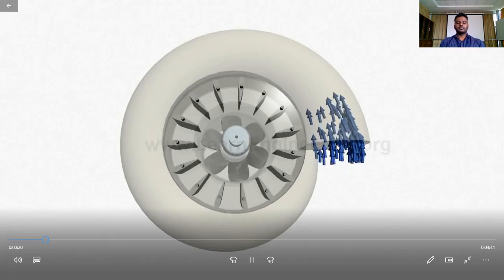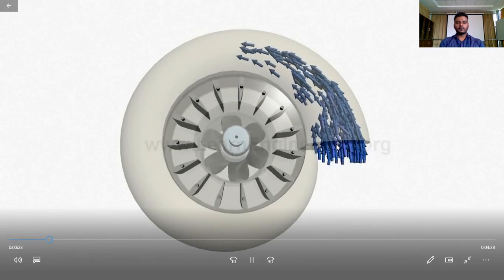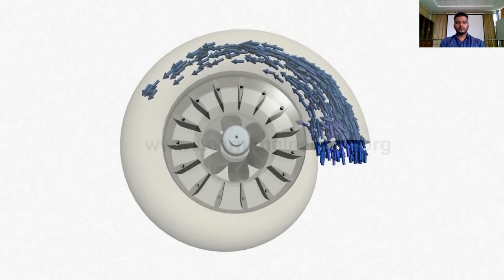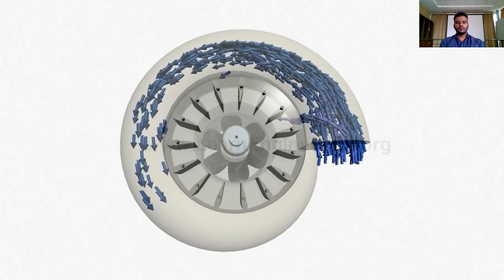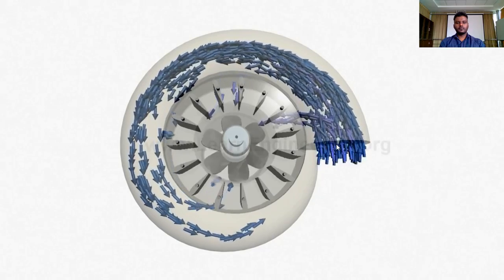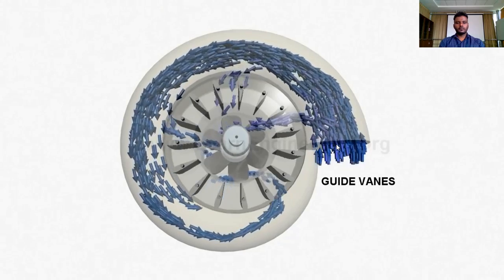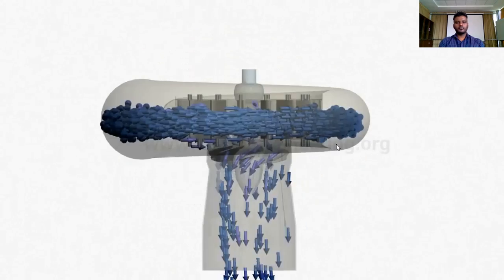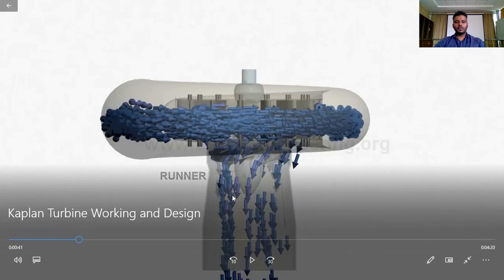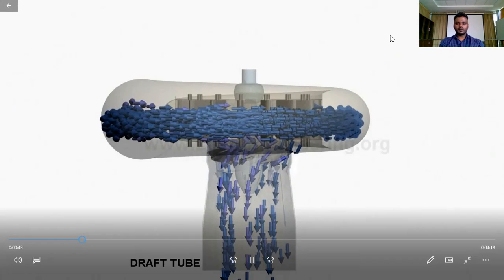In a Kaplan turbine, flow enters through a spiral casing. The decreasing area of the casing makes sure that flow enters the central portion at almost uniform velocity throughout the perimeter. Water after crossing the guide vanes passes over the runner. You can notice that once the water flows through the guide blades, it takes a 90-degree turn. You can see that the water glides over the runner blades in an axial direction. Finally, it leaves through a draft tube.